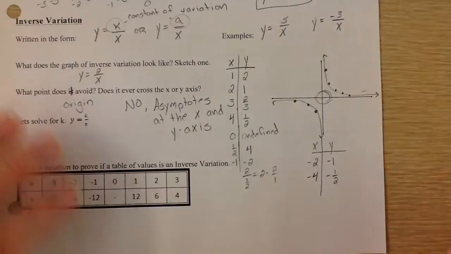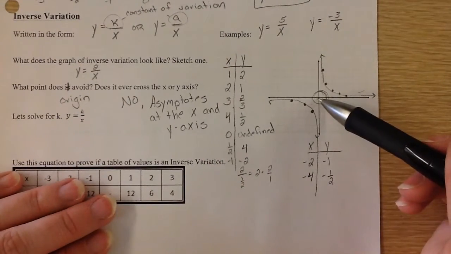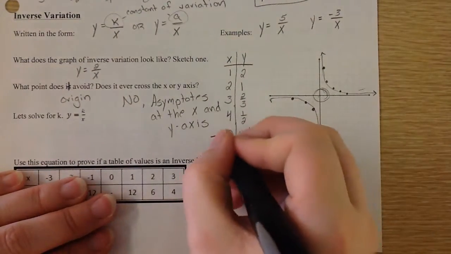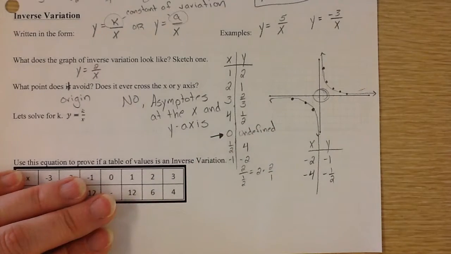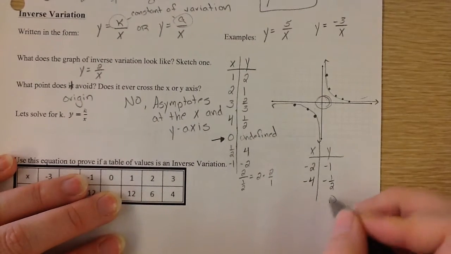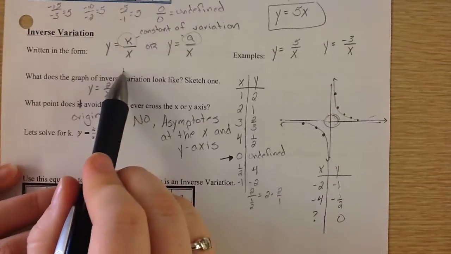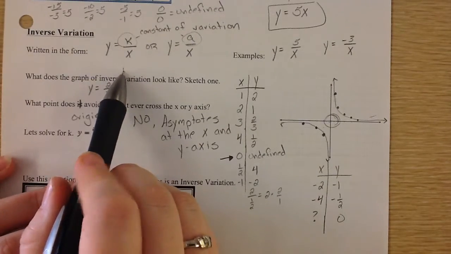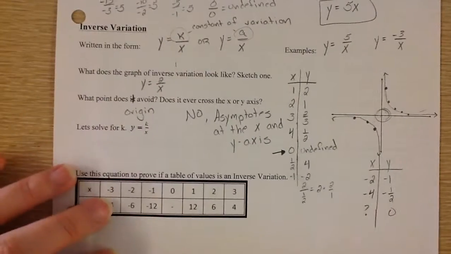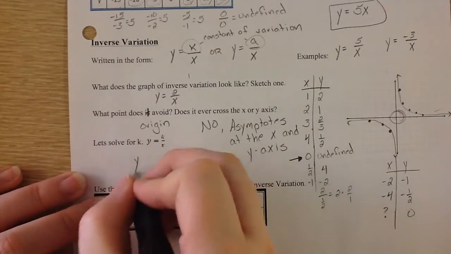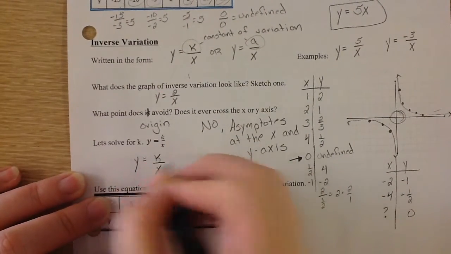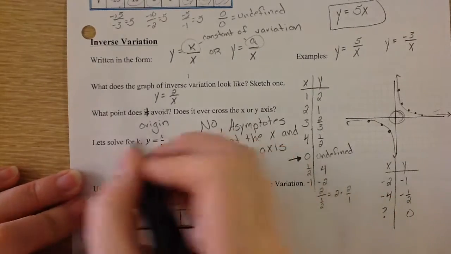Just in general on how this graph looks, because I can't actually put a 0 in it. I get a 0 undefined right here. And there's no way I can actually ever equal 0. There is no x I can put in here where I can get a 0 out. Okay. And so if we do the same thing we did before and we solve for k, multiply both sides